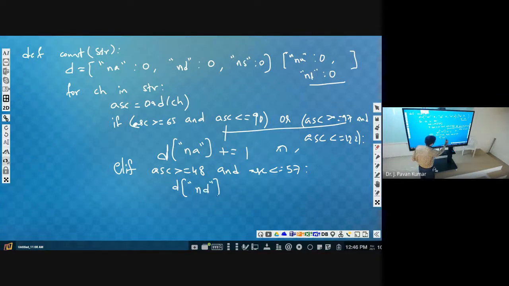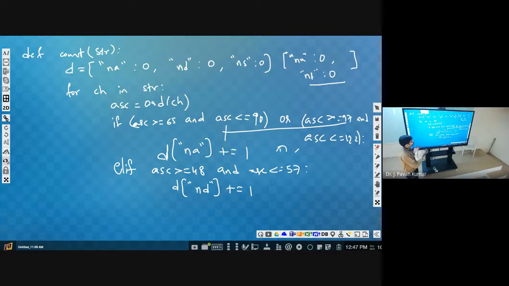then number of digits plus equal to 1. Next, one more condition. What is it? Else, symbols. As of now you consider symbols, but spaces will be there, tabs. Symbols may not be contiguous.